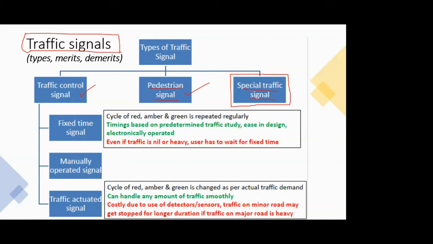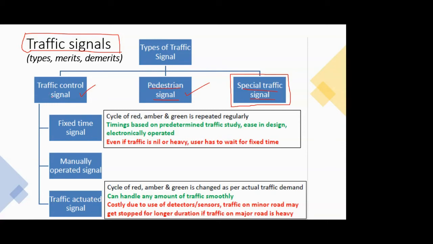Another example I can give is in Delhi, the CRRI. You have heard the term in the first unit, Central Road Research Institute, CRRI, which was one of the outcomes of the Jayakar Committee. In New Delhi, you have the headquarters of this CRRI, and there the same thing is there: it's a main gate of CRRI and it's a straight road. But still, they have a traffic signal over there because of the vehicles coming out of or going into that institute, so they control the signal likewise. So that's the special traffic signal.